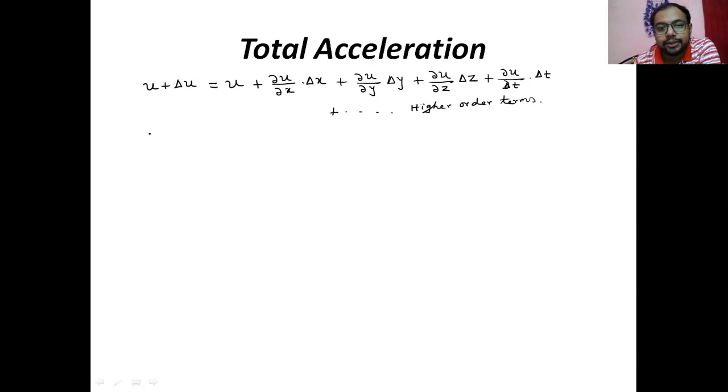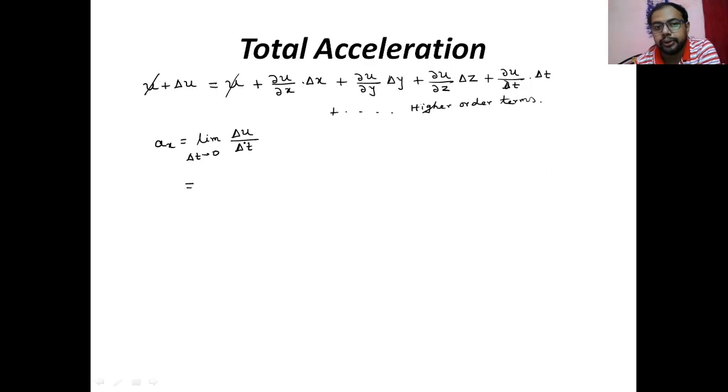So what is the acceleration along the x-axis? Ax can be written as the limit of del u, the change in the velocity, divided by the time, the rate of change of velocity, where delta t tends to 0. So del u, u will be cancelled out from both sides. So what is the del u? Del u is coming as a